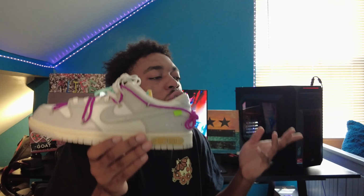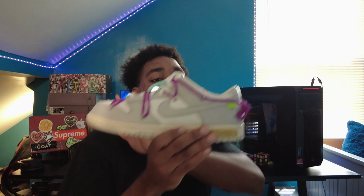Not only are these more affordable, but you have more variety to work with in your collection so that you can actually have a collection to start off with in the first place. Yeah, these are gonna look cool, but these are gonna be the only shoes you wear. By the time some other shoes come out, you're not gonna have money because you spent all your money paying resale for these. Now, if you got the money for it and you're just going on a splurge, bro, I would say go ahead. Buy the shoes you want to wear, because at the end of the day, you have the money for it. I would recommend when you're starting off building up a collection, you want to be familiar with these